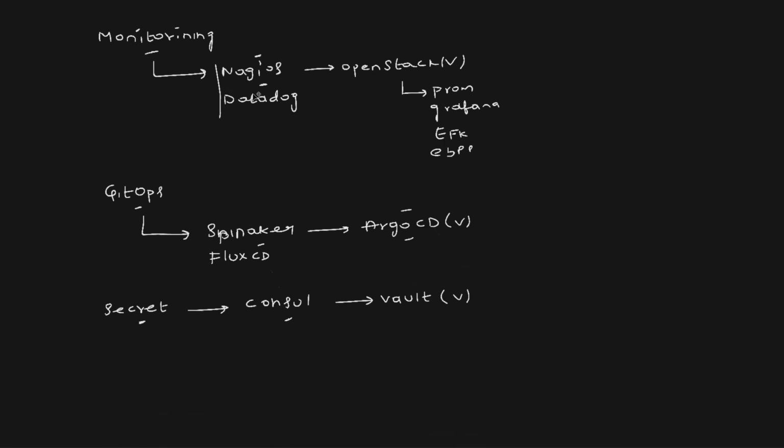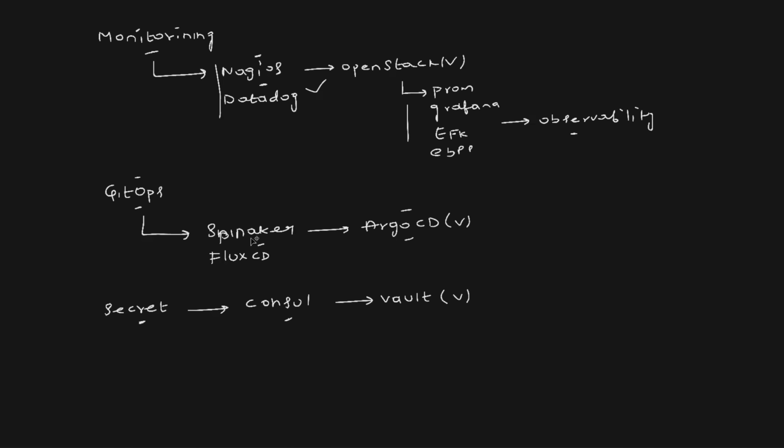Monitoring, do not go with enterprise solutions, especially outdated tools like Nagios and even other enterprise solutions. Instead, keep your foundation strong. Go with the open source stack, Prometheus, Grafana, EFK, eBPF. In fact, if you look at our observability 0 to hero playlist, this is exactly what I covered. Because once you know these tools, you can learn all of the other tools.